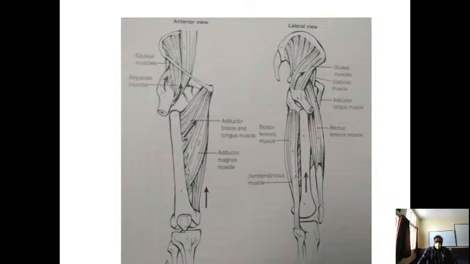This is a fracture at the proximal end of the shaft of femur. As you can see, this is the anteroposterior view and this is the lateral view. In the anteroposterior view, because of the action of the gluteal muscles, which are gluteus medius and minimus, they will abduct the proximal fracture fragment, and the shaft fragment, which has attachments to the adductor brevis and adductor magnus muscles in the medial compartment, which are primary adductors of the thigh. As a result, the proximal fragment is abducted and the distal fragment is adducted, which gives rise to a fracture